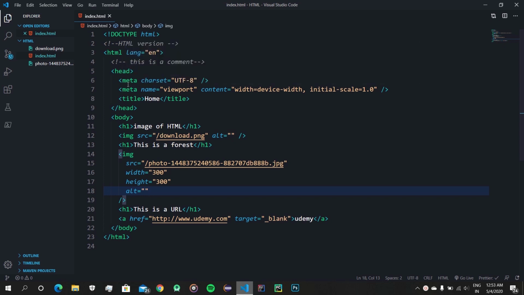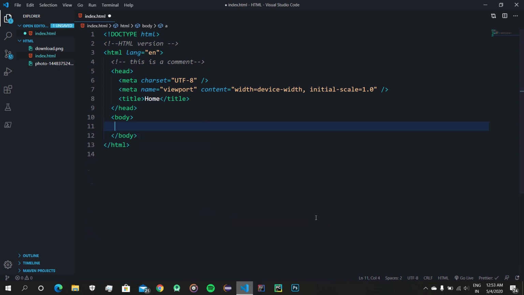Let me just delete all these body content here. Okay, now first we are going to talk about unordered list in HTML. So for that you type UL and the Emmet abbreviation automatically converts this abbreviation into the full tag UL.